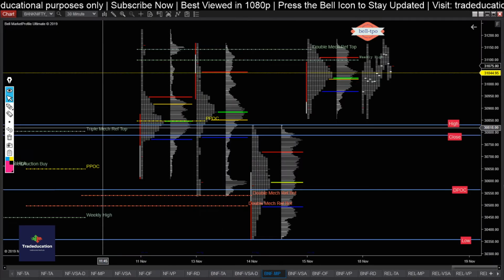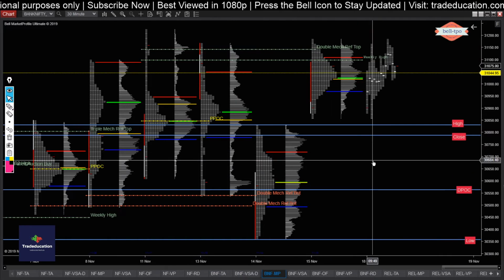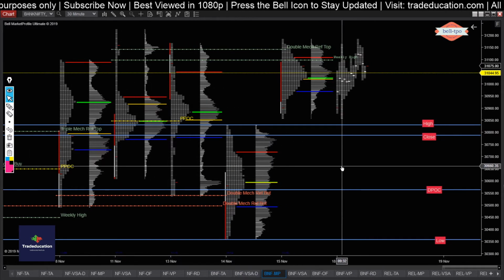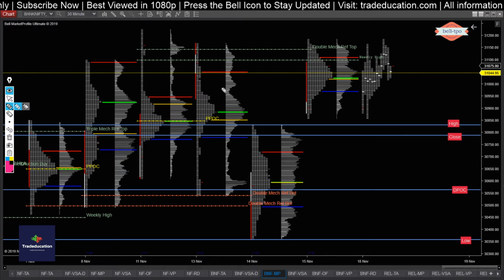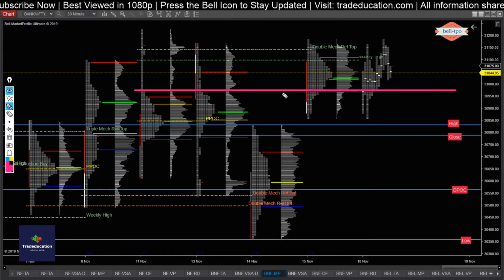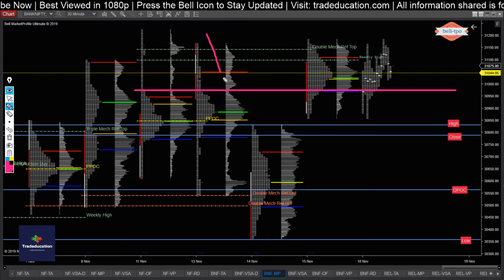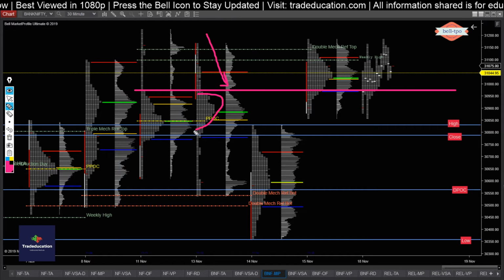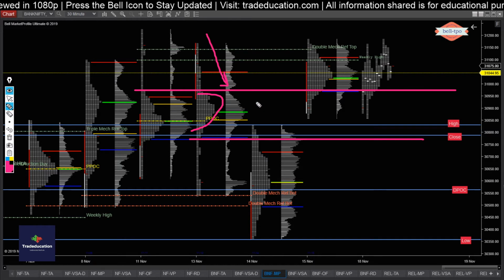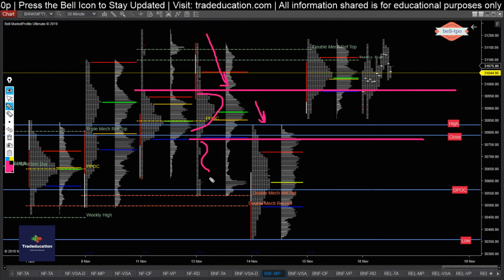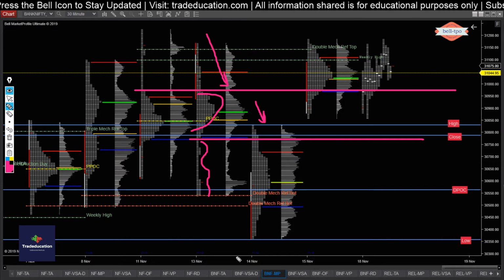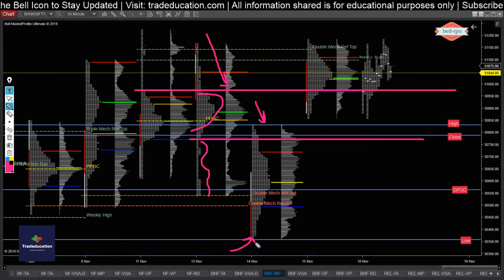Let me jump to the market profile chart, and first go through the reference areas I was looking at. In the overall context, we have an excess here. Sellers started stepping in here, and the value is developing here. We also have a small excess here. Then yesterday, sellers again started stepping in, and below this it cleared all the single prints, and buyers started coming in at this level.